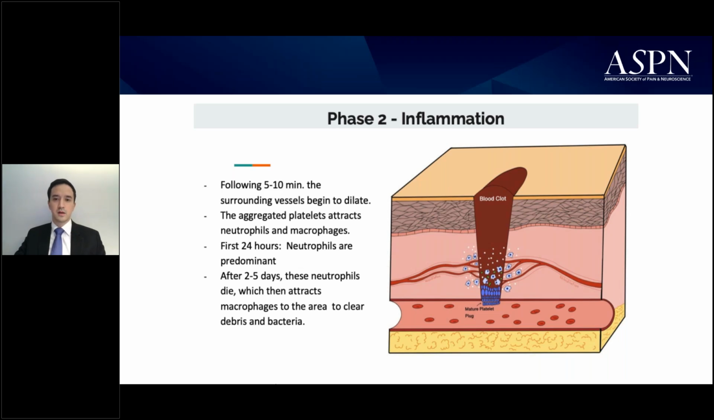This results in the classic rubor, tumor, calor, and dolor of inflammation as well when we see mast cells release histamine. And in this next phase, neutrophils predominate for the first 24 hours, serving to phagocytose foreign materials such as bacteria and damaged tissue. They also release critical cytokines and proteases that degrade damaged extracellular matrix proteins and activate fibroblasts